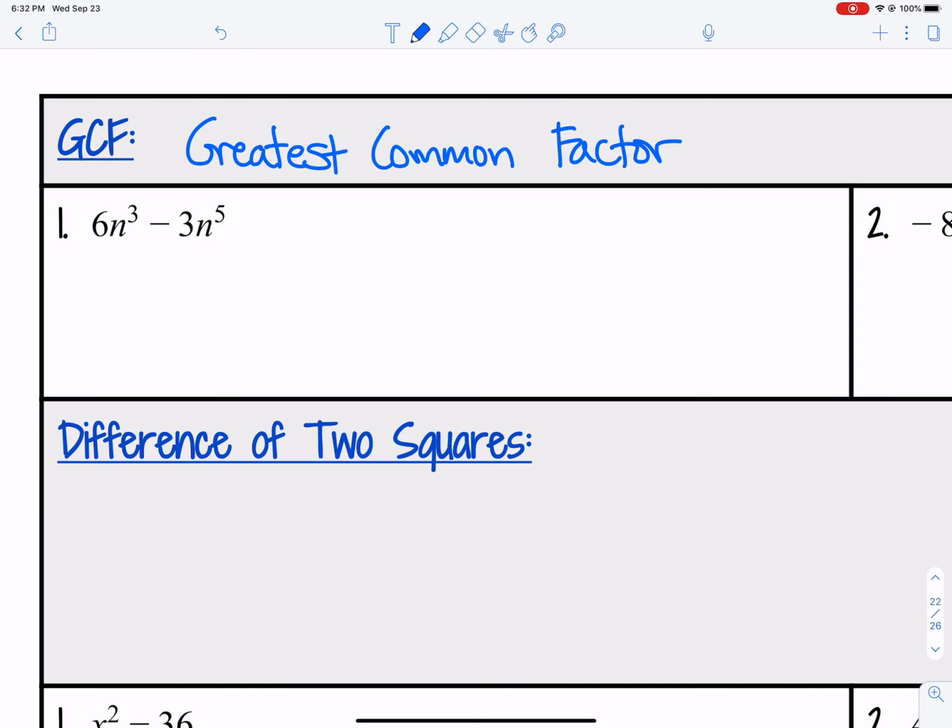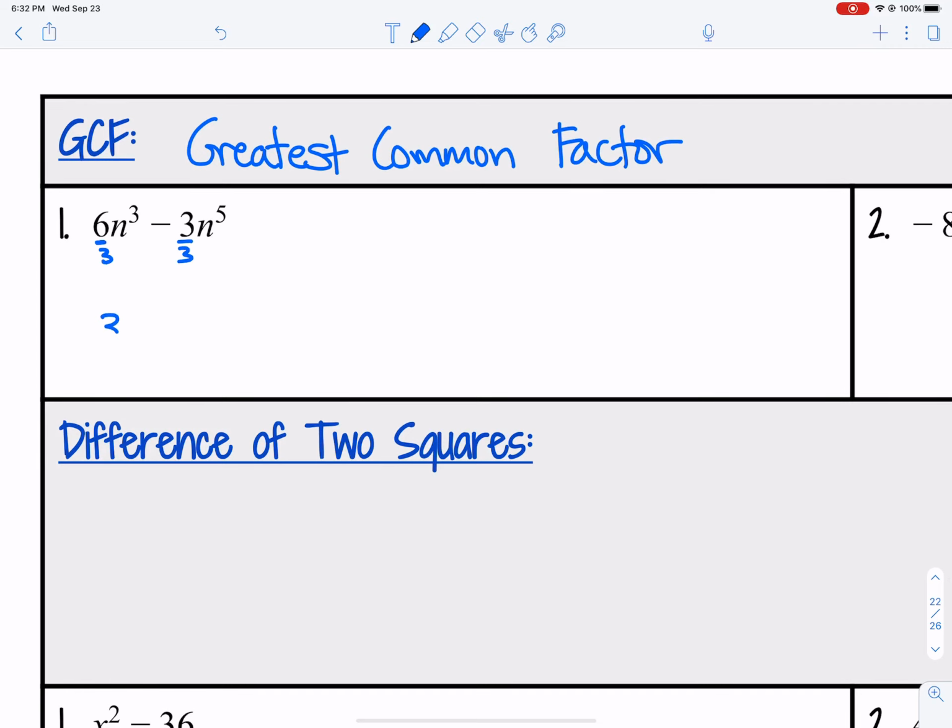So 6n cubed minus 3n to the fifth. Both of these numbers would divide evenly by 3, so we want to take out the 3 and write it in the front. And then you think of how many n's could I take out? This first term has 3 and the second term has 5. So I could take out 3 of them, and that would be okay since they both have at least 3